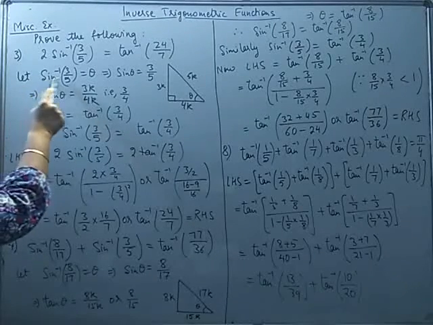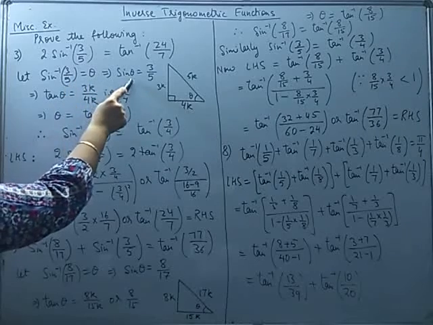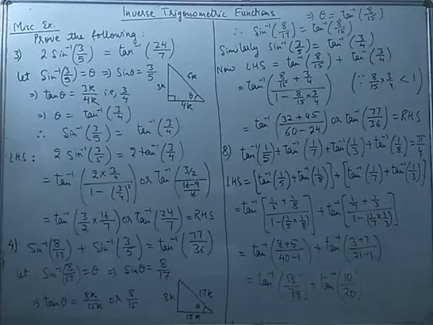We can assume sine inverse 3 by 5 to be theta. Then sine theta becomes 3 over 5. Either you can use trigonometric identities to convert sine theta into tan theta, like sine theta is 1 over cosec theta, and you know how to convert cosec theta into cot, which can be converted into tan. Or you can convert sine into cos, and since sine and cos will be known to you, you can find tan. So there are various methods. This is one of the simplest ones, using the concept of right angle triangles.